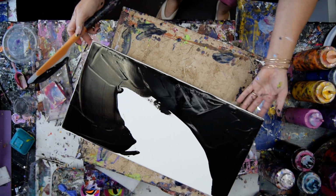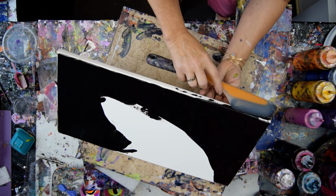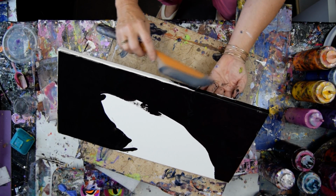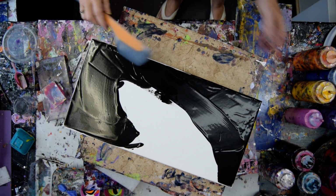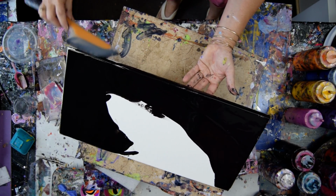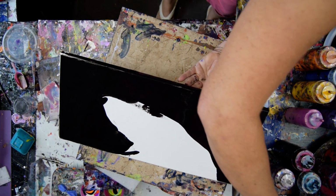I don't know if you're not familiar with puddle pours. They're basically puddles of paint. And if you do it into another puddle of paint, then it's thoroughly a puddle pour. Yeah, my articulate nature is being overridden by my desire to actually get this right without wasting any more paint again. I don't usually do my edges this early on